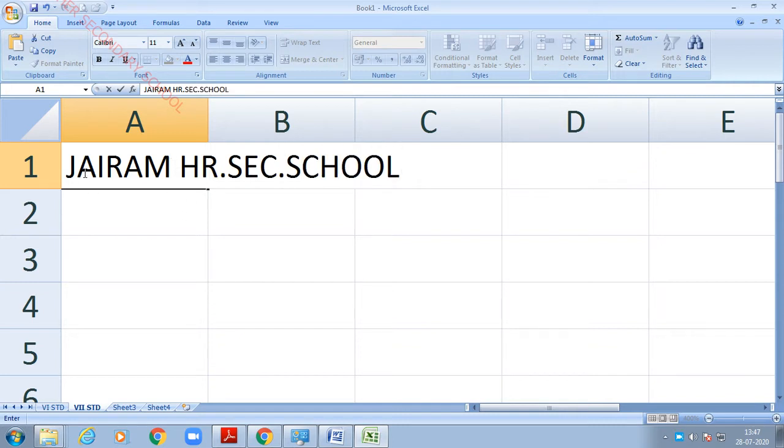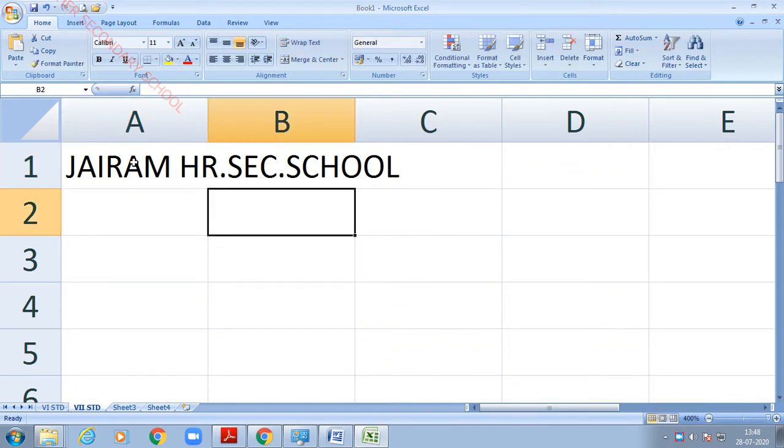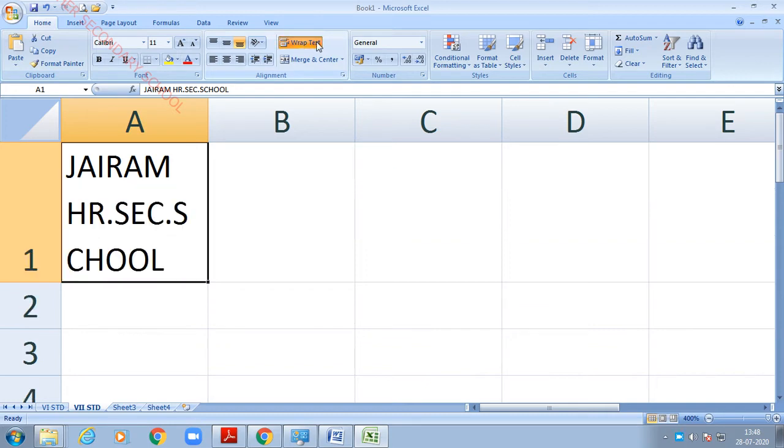See, if the text is too long, the text comes out of the column, isn't it? Then you have to press Wrap Text. The first line automatically comes to the next line. You need not press the Enter key for that, because we have pressed the Wrap Text option.